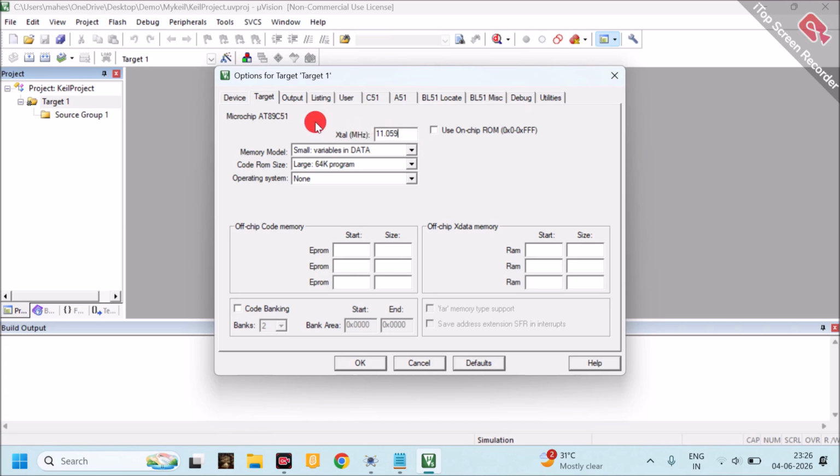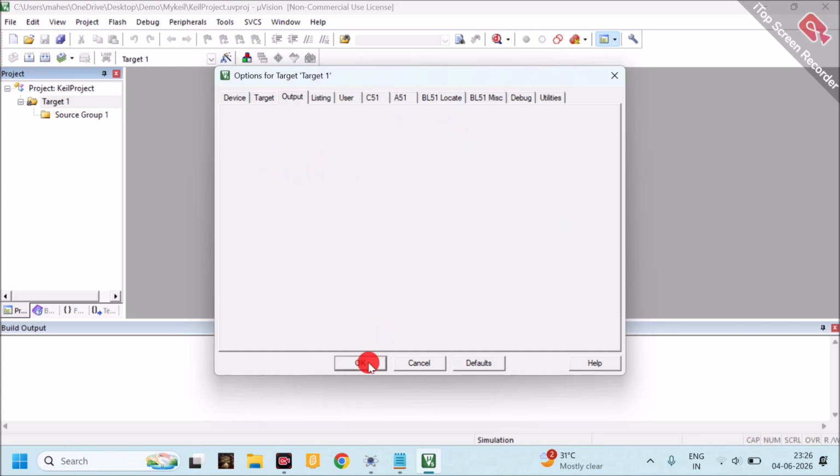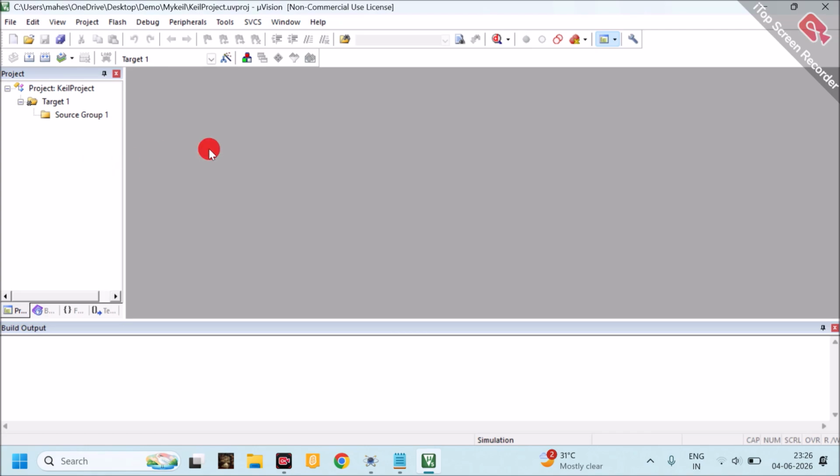And the second important thing is that we have to go to the Output tab, and here the option of create hex file, we have to enable this option. Then only our hex file will be created. The name of the hex file will be keilproject.hex. Say OK.